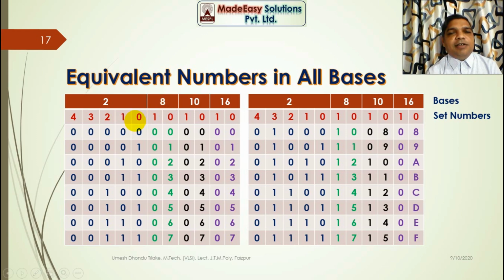See here, let us start from binary. These digits shown in red color show the set numbers. So I have used 5 sets over here and that's why I have written 2 power 5 is equal to 32 numbers in binary. Now see here, in set 0 I have used all the basic digits 0 and 1. In that case I have used the first digit in set 1 and kept it constant until the final digit in set 0. Then in set 0 again the digits are repeated and the next digit to 0, that is 1, is used in set 1 and is kept constant until the final digit used in set 0.